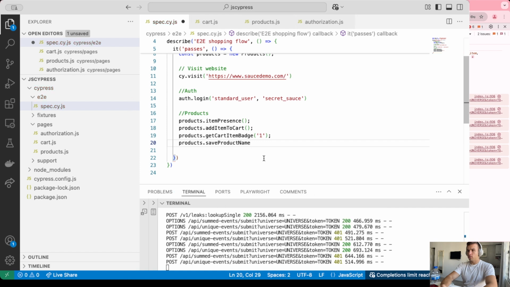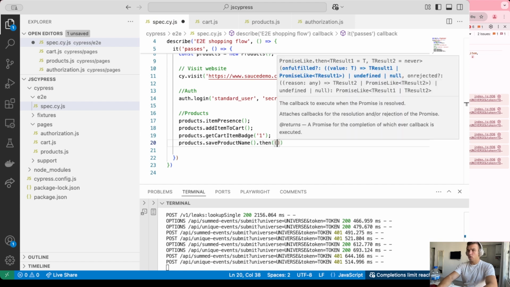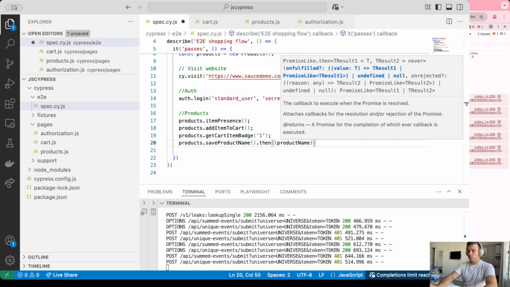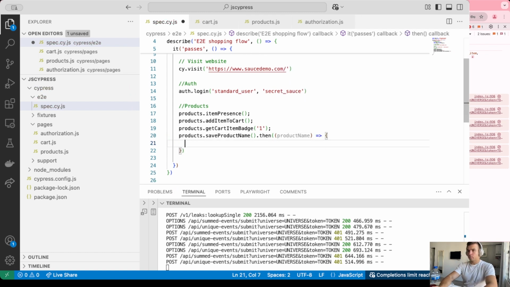Save product name. And we're also going to use then here. Name, product name. And here we're going to compare